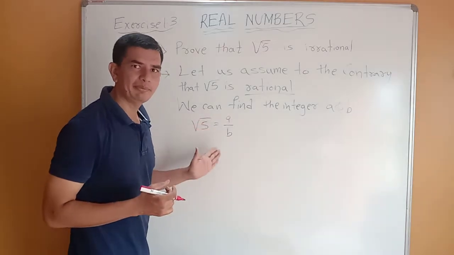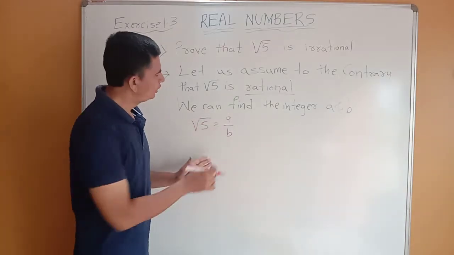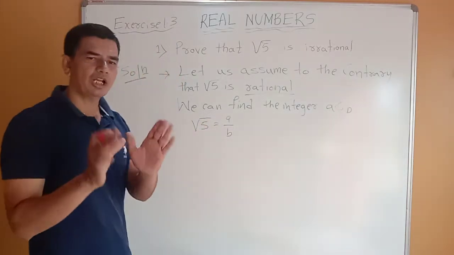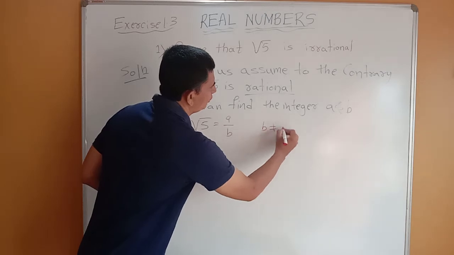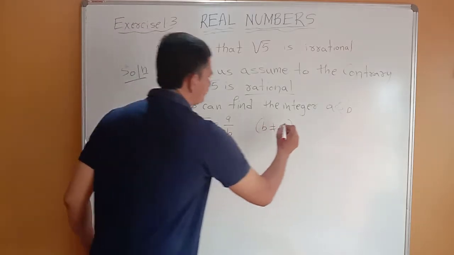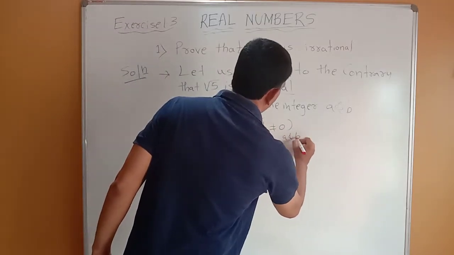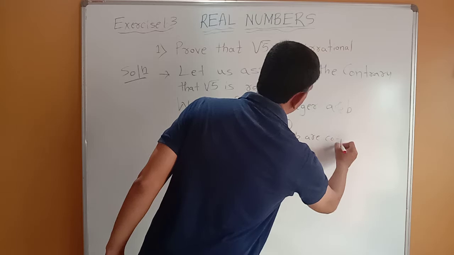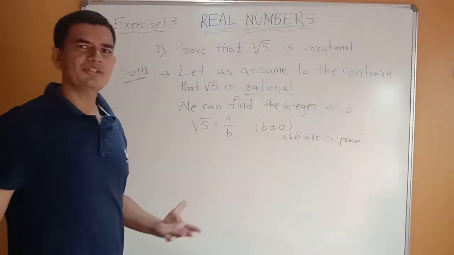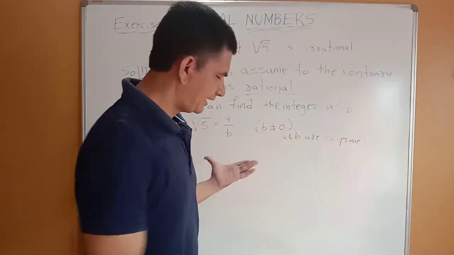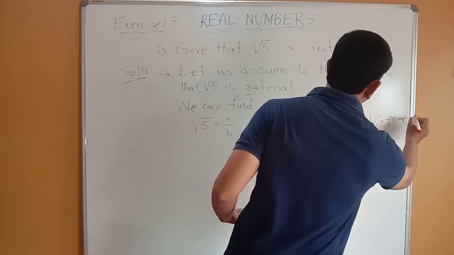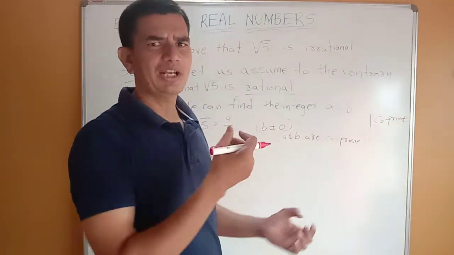It's in the form of p by q, but here we have taken a and b, which are integers. So I have written a by b, and always b is not equal to 0. This also I have to write: where a and b are co-prime. Yes, friends, already you know that meaning. I will explain what co-prime is.